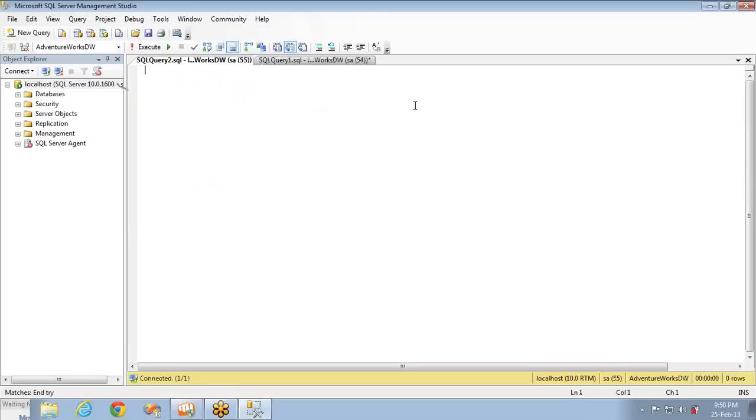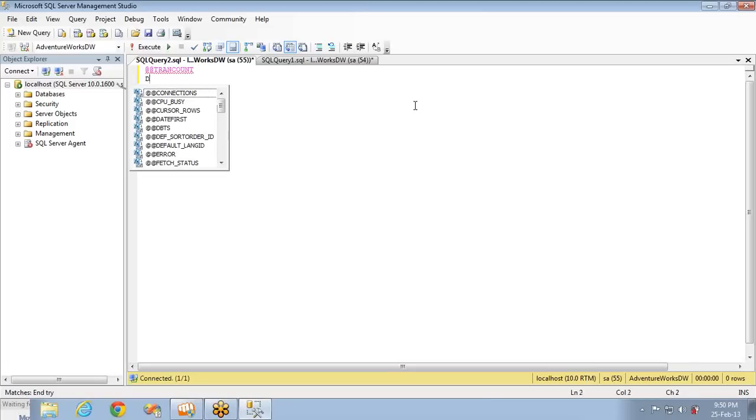Now, let's see how you can check how many transactions are open and what the status of each transaction is. There are a couple of options to find out the same. One is the global variable @@TRANCOUNT, which will give you the transaction count at this particular point of time. And another one is the DBCC command, using which you can check the open transactions, that is DBCC OPENTRAN. So DBCC OPENTRAN or @@TRANCOUNT; using these two you can check the open transactions.